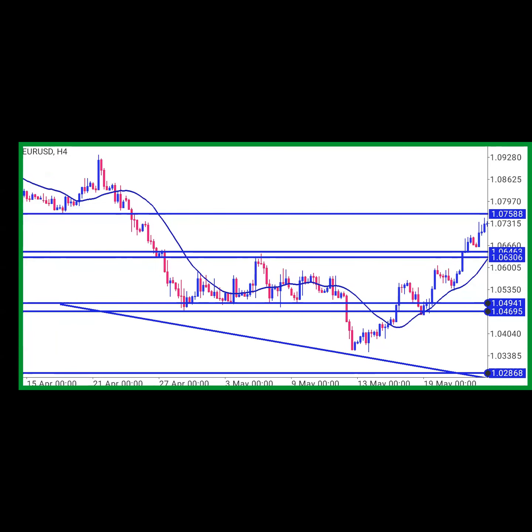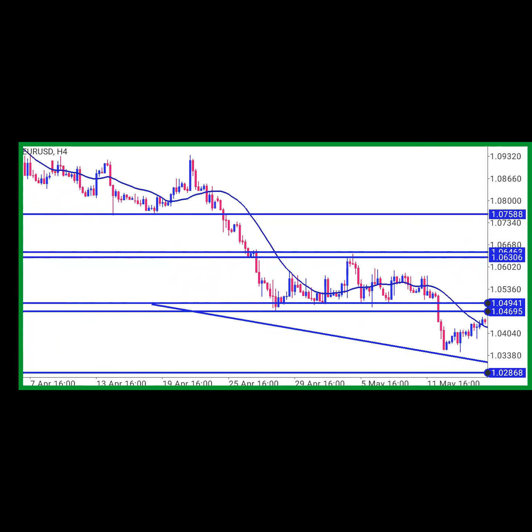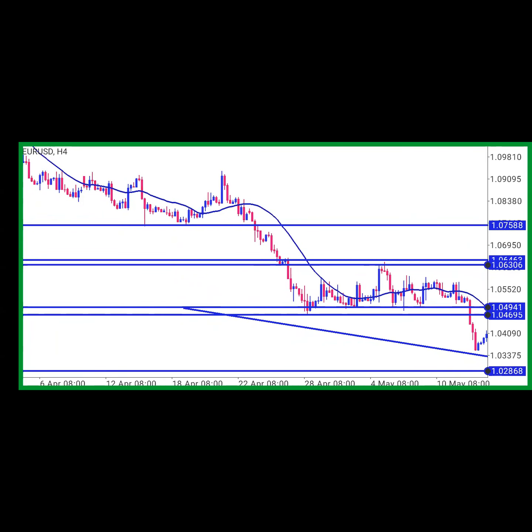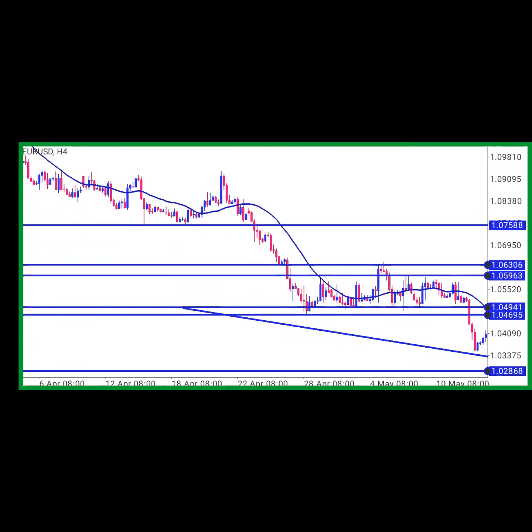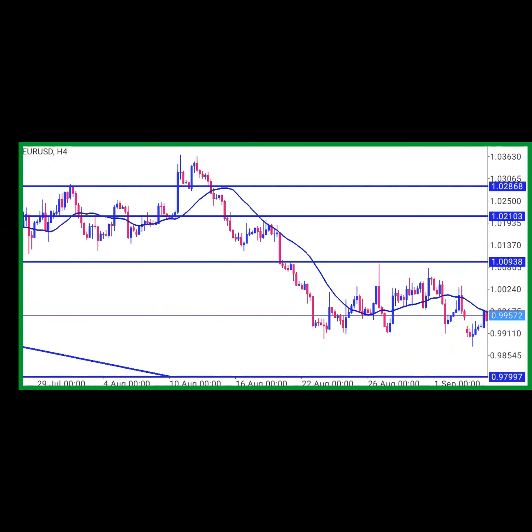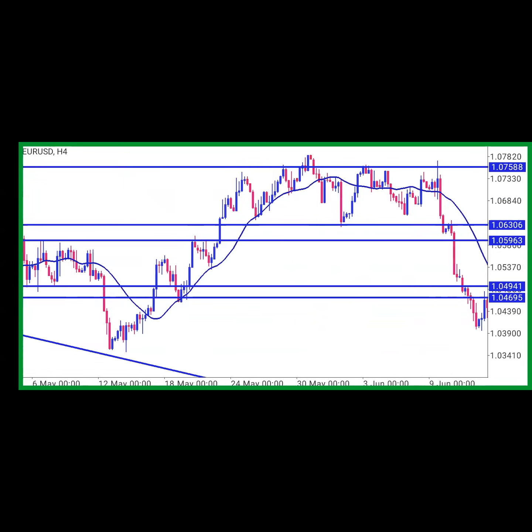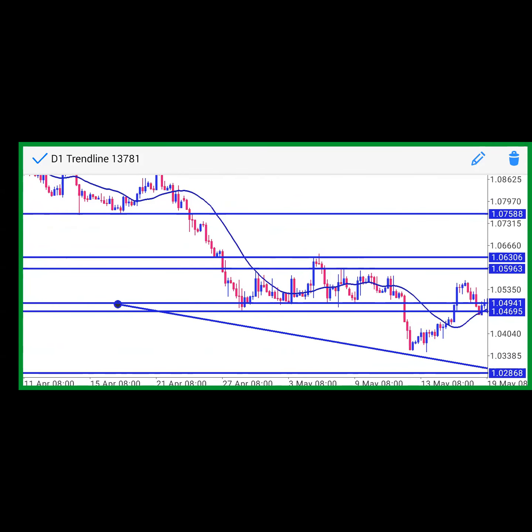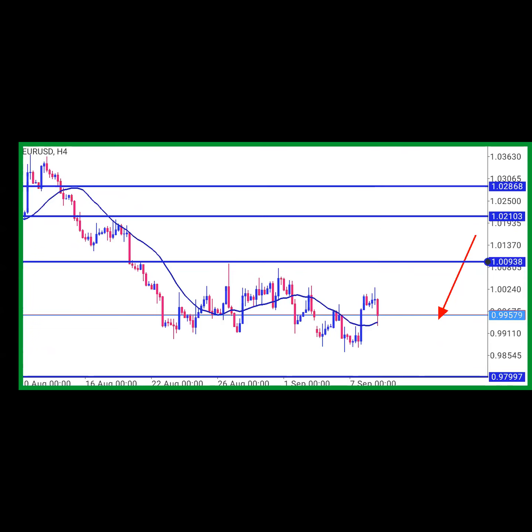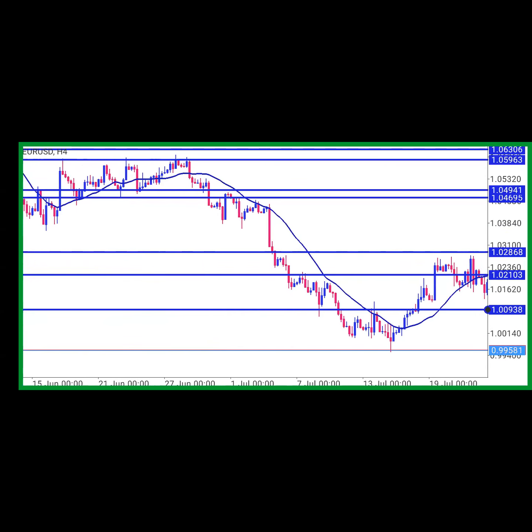Now look at this part I marked below. Can you see that the market was ranging? But before the range, just before the range, can you see that the market was moving down? If you agree with me that this market was trending down, moving down before this last range I marked, put a 7 on the chat box.